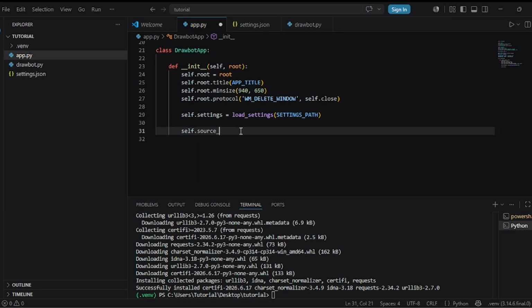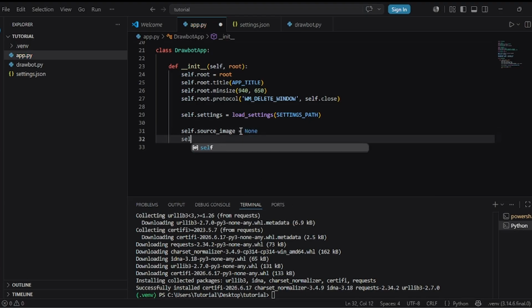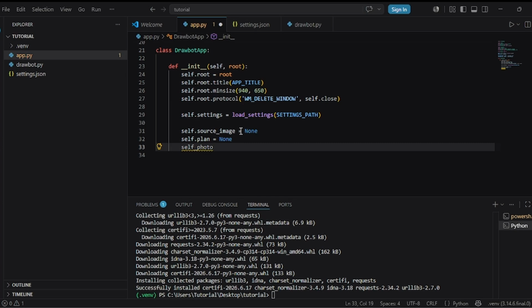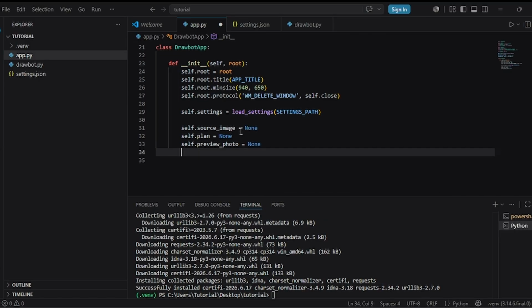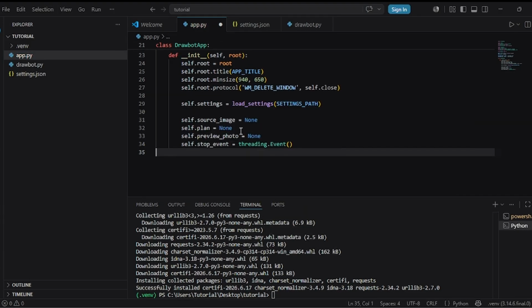So we're gonna have the source image as none for now, because we don't have the image yet. And then the plan can also be none. And the preview photo that we often see can also be empty for now. And then the stop event can be threading.event to make sure it can occur independently even when different processes are